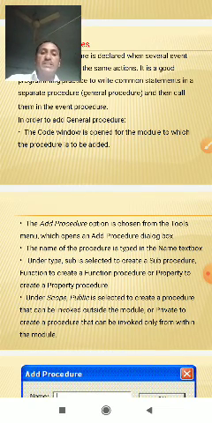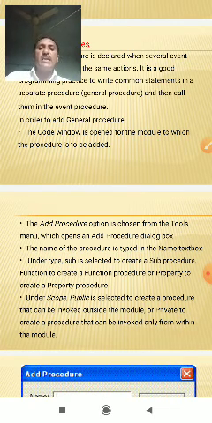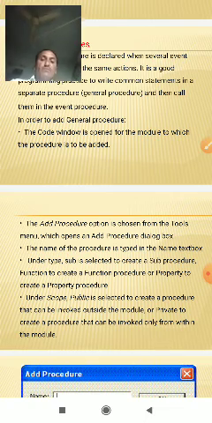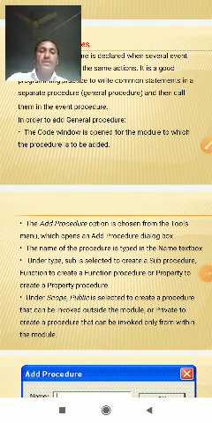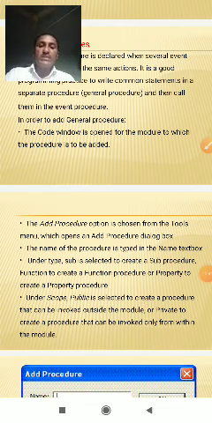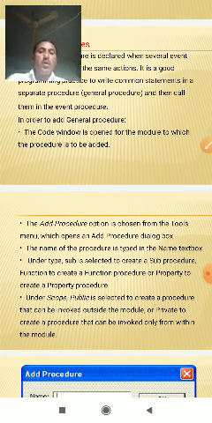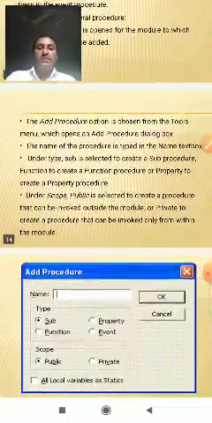Under Type, Sub is selected to create a sub procedure, Function to create a function procedure, or Property to create a property procedure.